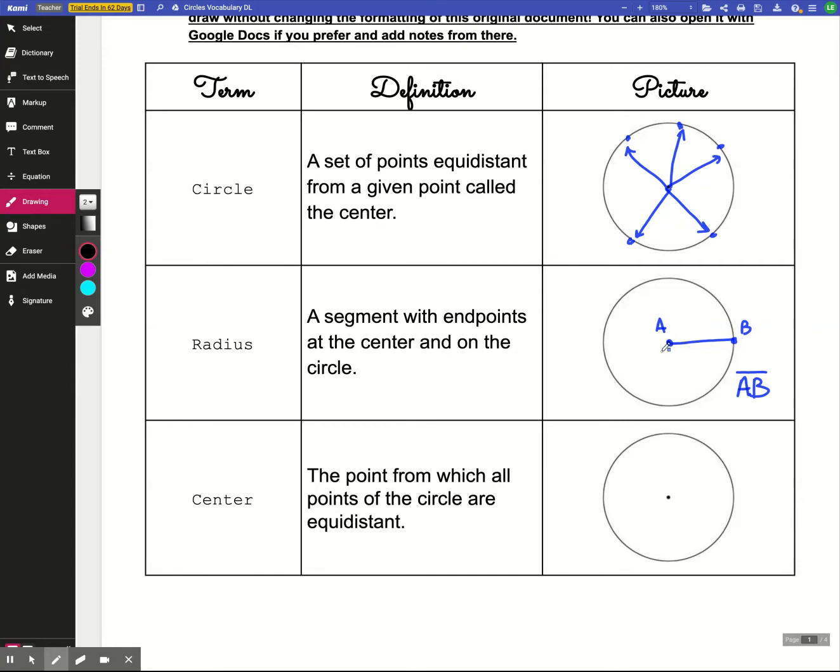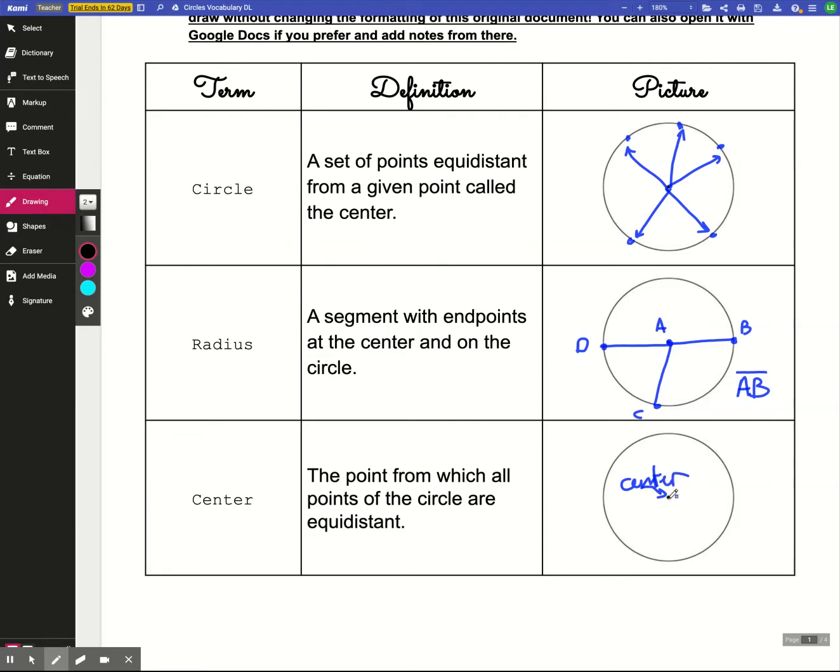And the important thing to know is that all radii, I could draw another one here, maybe A to point C. I could draw another one here, A to point D, all of those radii are the same length. Always, always, always, right? And that goes back to our definition of an actual circle, okay? Center, pretty self-explanatory. It's literally this point in the middle, okay? So it's this point here,